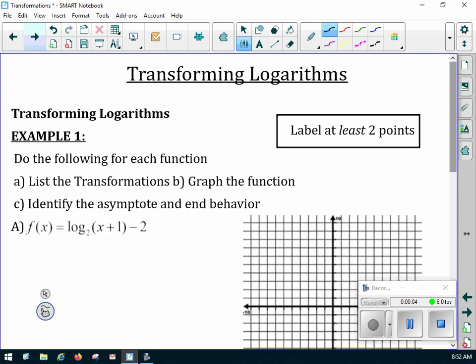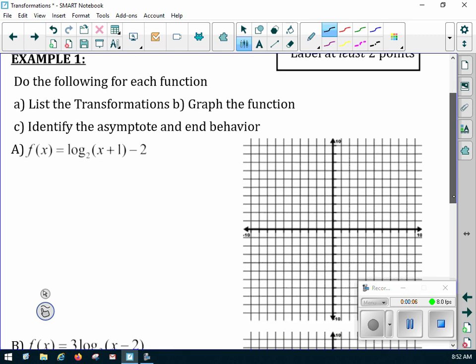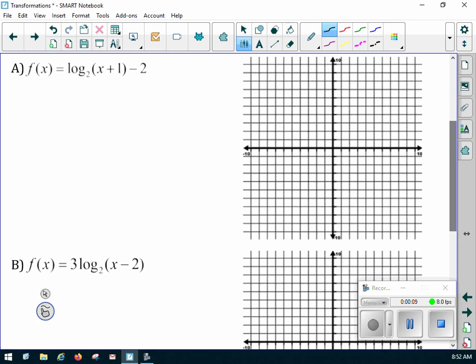Now, we still hadn't done A. We hadn't finished it. Had we done much of anything? Okay. What were the transformations? Left 1, down 2. And then I told you to take the transformations off. Take off the left 1 and down 2, and what are we left with? We're left with y equals log base 2